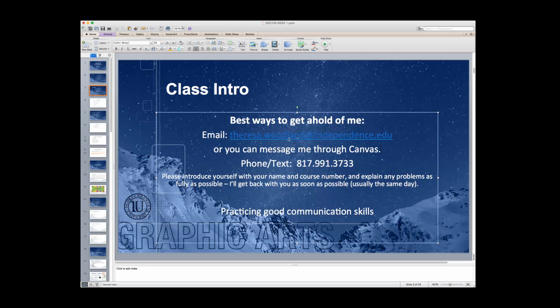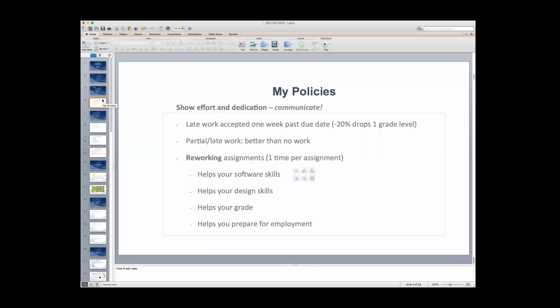Introduce yourself with your name and your course number in the Introduce Yourself section, and also let me know who you are in the email, and explain to me any problems that come up, whether it be software or whatever, and I'll try to steer you in the right direction, and get you in touch with a person who can help. I posted a frequently asked questions section in the announcements of questions that students often have,